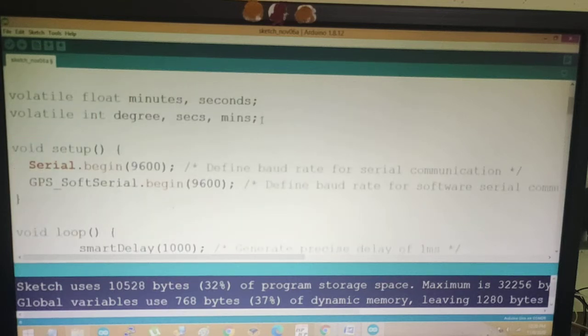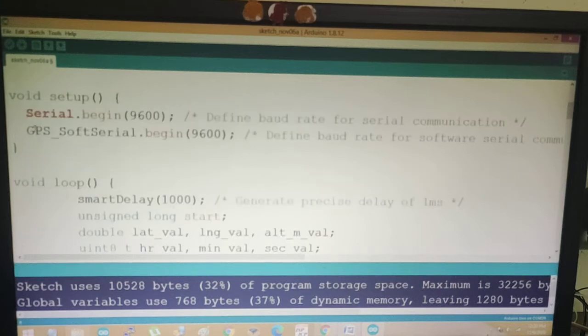Now these are the float and int data types I took, and here I declared some variables which I am going to use downside of the program. In the void setup function we have to take care of only two things. One is to select the mode, and the other is to set the baud rate. As I told you before, the GPS module is using UART protocol to communicate with the Arduino microcontroller, Arduino general purpose board. So we have to set the baud rate.